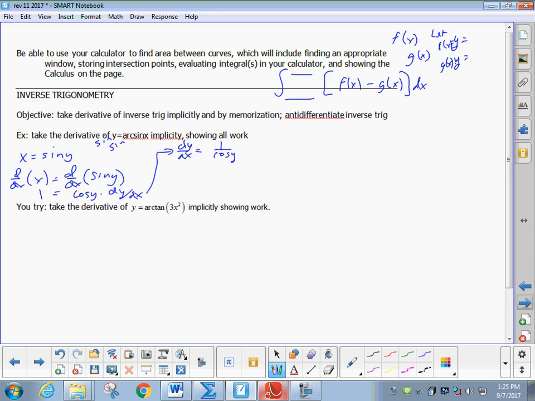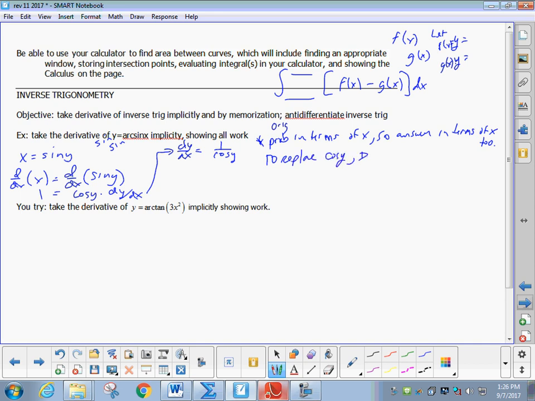And people are tempted to say, there we go. And I understand that feels done. It's pretty simple. But here's the problem. The original problem was in terms of x, so your answer should be in terms of x also. So that means I need to take cosine y and dump it and replace it with something x-ish. To replace cosine y,